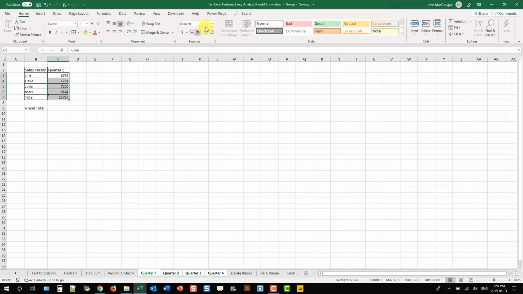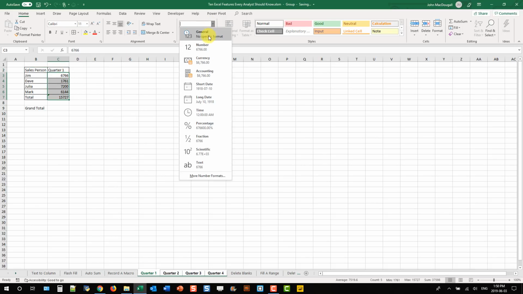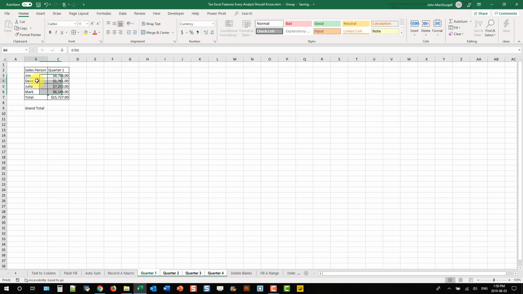Let's also format this as a currency. And once you're done, you can right-click on your sheets and ungroup those sheets. And now if you look at all those different sheets, you can see that that same action has been applied across all my sheets that were grouped. So that's grouping sheets. You can perform the same actions on multiple sheets at the same time and save time